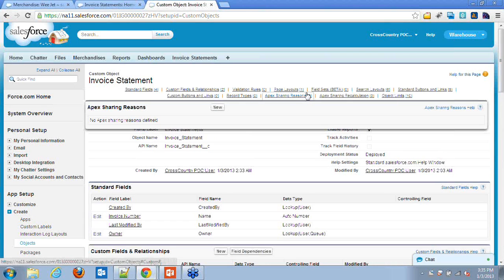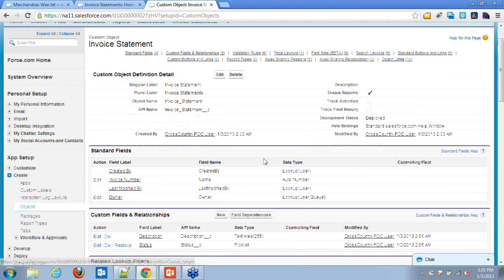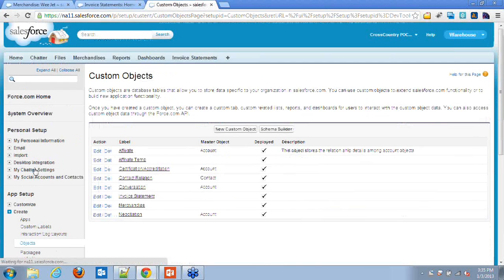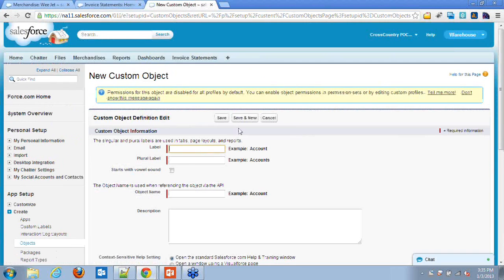That's it. Let's create one more object called line item.